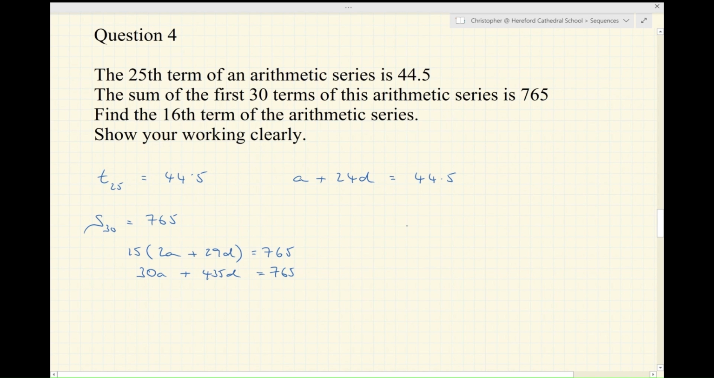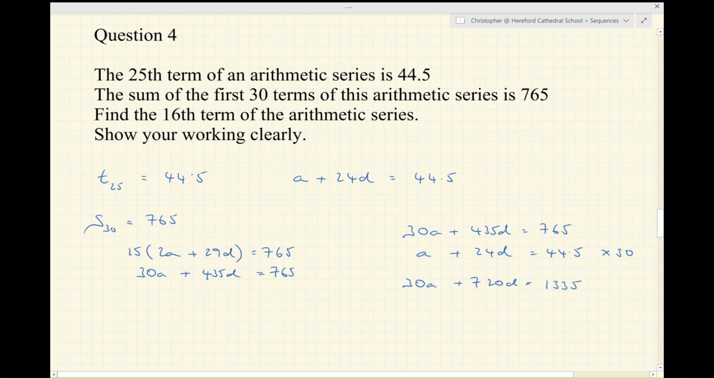So now I've got two equations. I've got 30a plus 435d equals 765, and I've got a plus 24d equals 44.5. So if I solve those simultaneously, I'll be able to find values for a and d. Let's multiply the second equation by 30. Gives me 30a plus 720d equals 44.5 times 30,